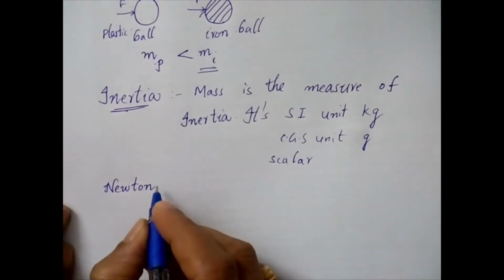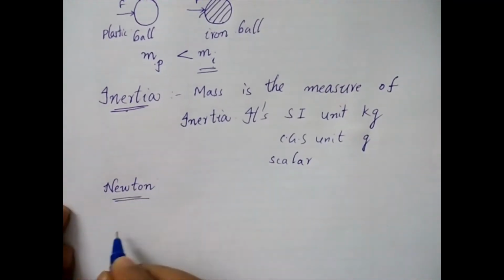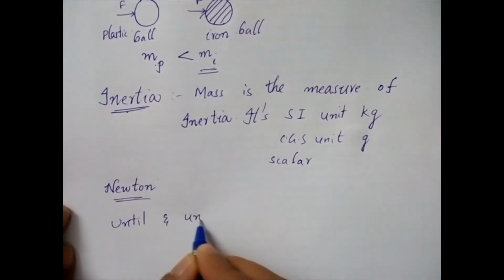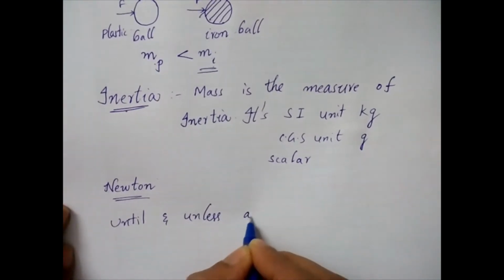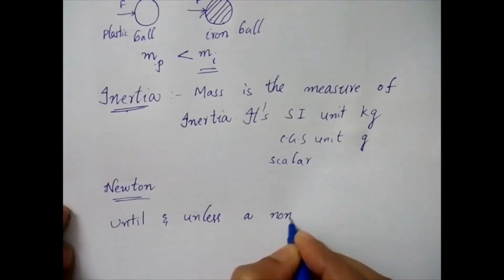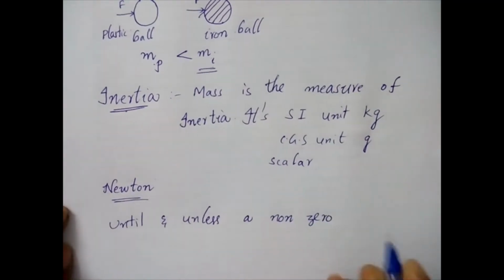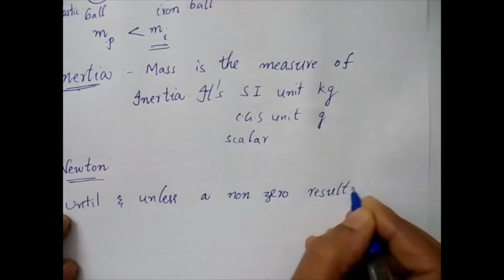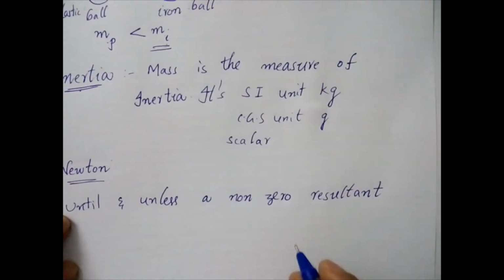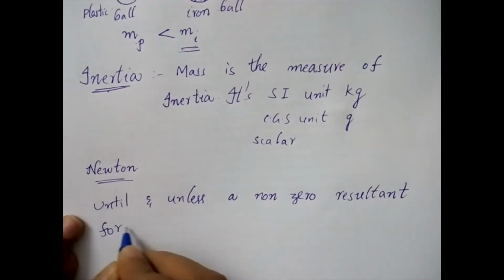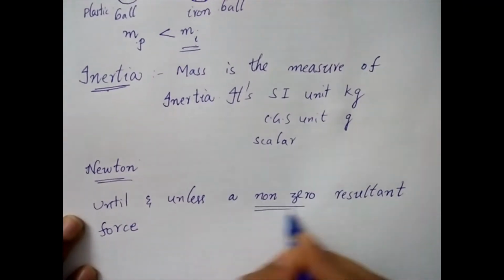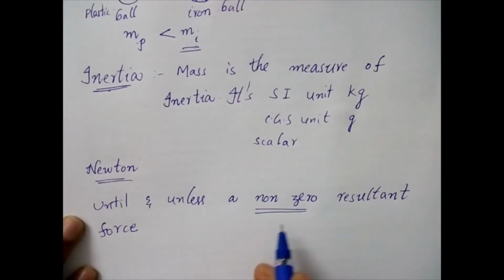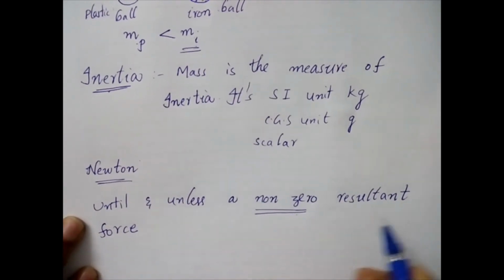That's why Newton said, until and unless a non-zero resultant force. Non-zero means whatever the force is applied on the body should not be zero, and it must